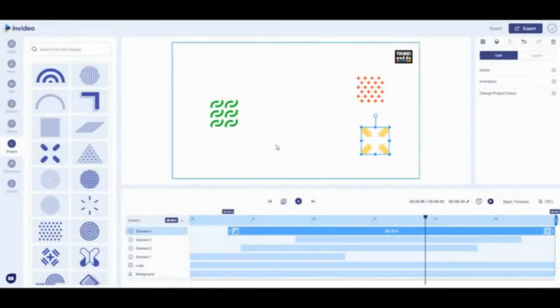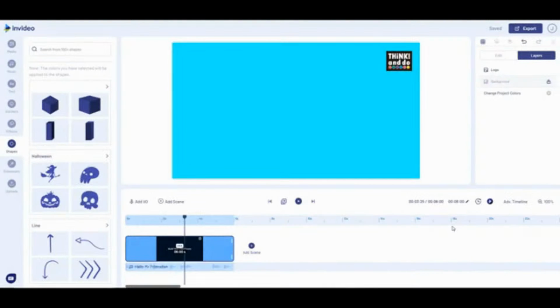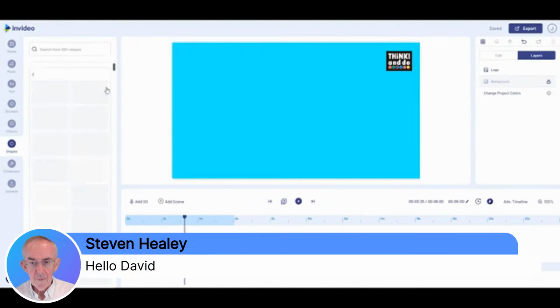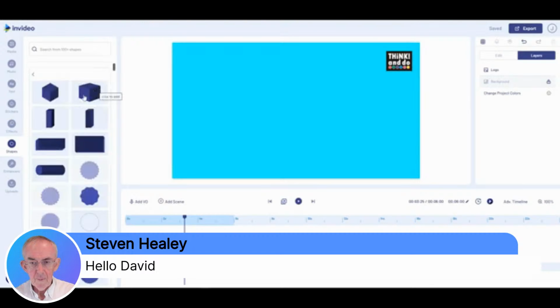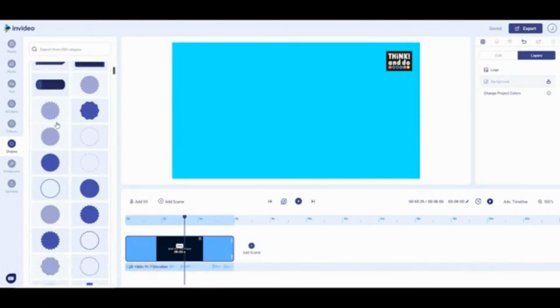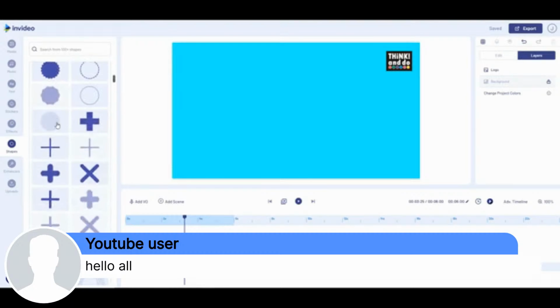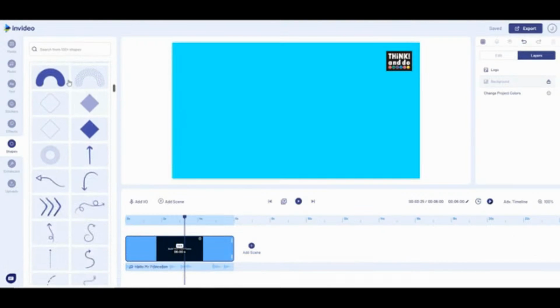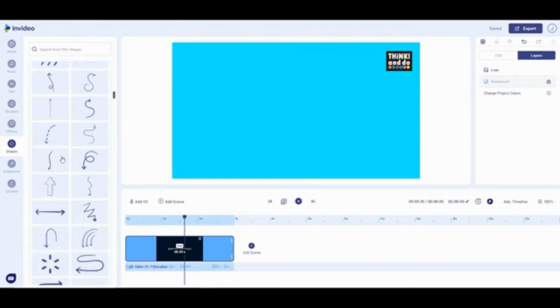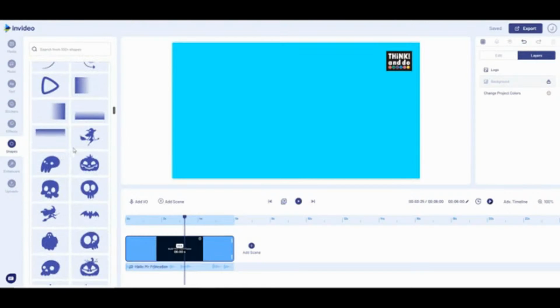I hope that gives you the idea of what you can do. Okay, so I'm just going to recap the range of shapes available. If we click the top level, it will show us all of the different shapes. So we've got 3Ds, we've got different circular types with edges, pluses, semicircles, square diamonds, I suppose they are really, a whole host of other patterns, squiggles, some shaded squares, some